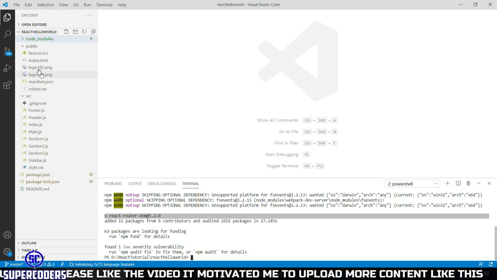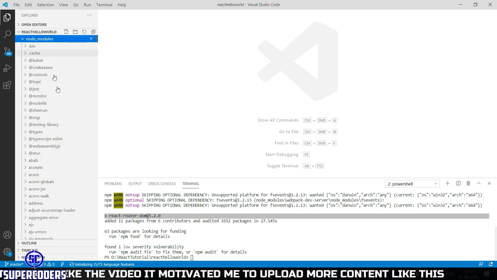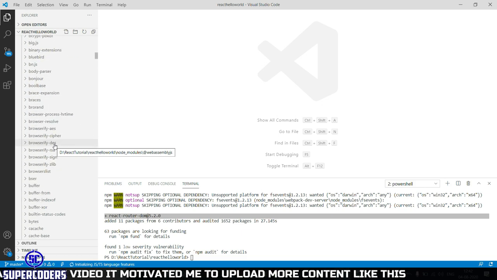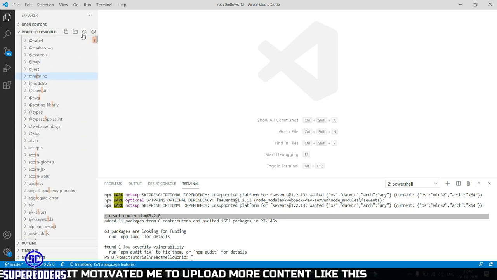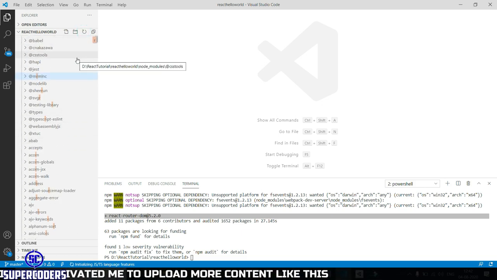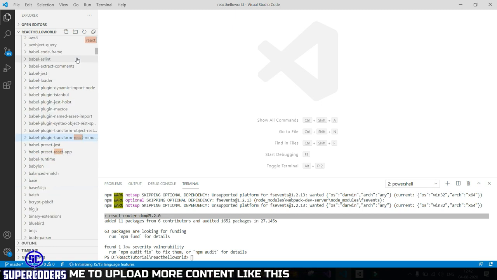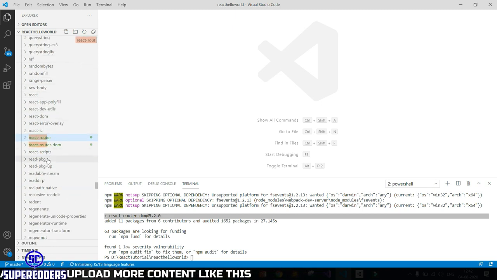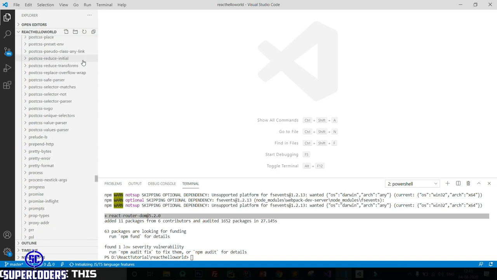You can also verify it by clicking on node modules, then search. Okay, first refresh, then search react router DOM. You can see it installed in our package. So let's close it for now.